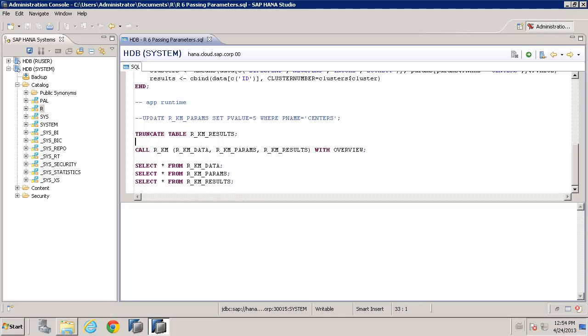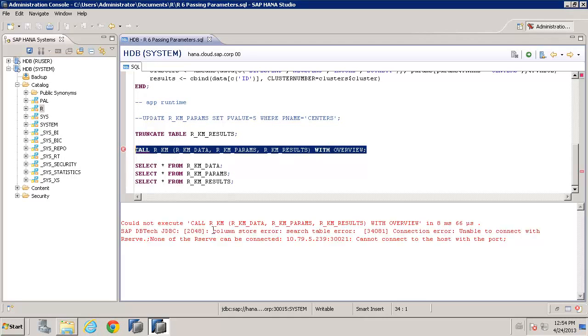So for our first example, let's just try running a procedure that we may have already created. Let's see what happens. Let's take this call and let's run that. And we get an error. It says search table error, unable to connect with rserve. None of the rserve can be connected. And it gives the IP address and the port number. So cannot connect the host with the port. So there seems to be a problem in actually being able to talk to the R server from the HANA